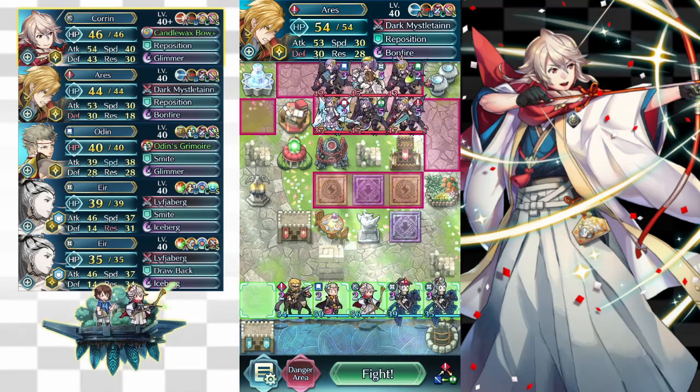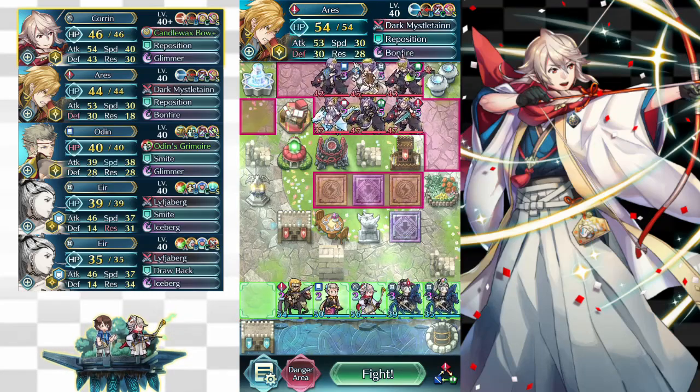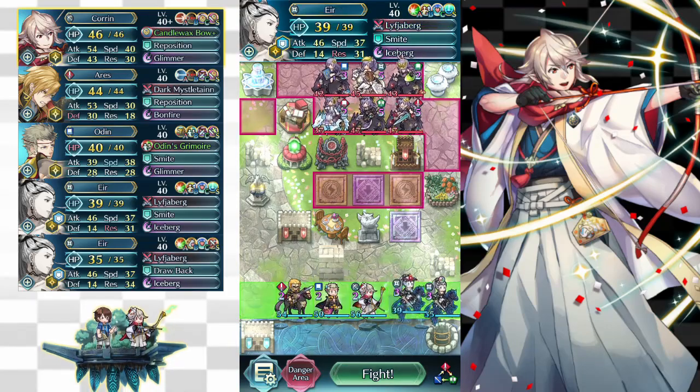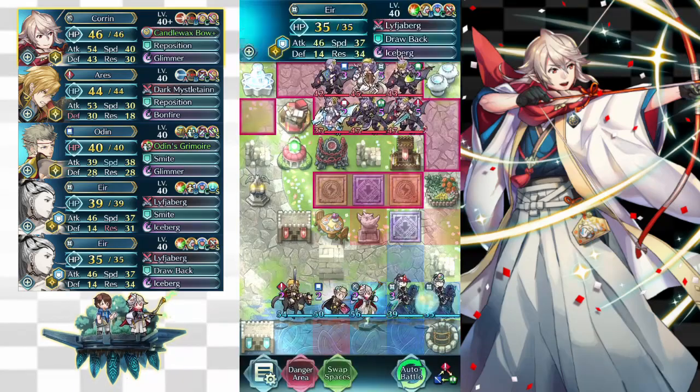We got Ares here with DC Vantage. Still looking for a plus attack Ares, but what can you do? We got Omni Buff Odin here. We got our boy Corrin, and then we got the Air Squad. They're just gonna pop some of these,